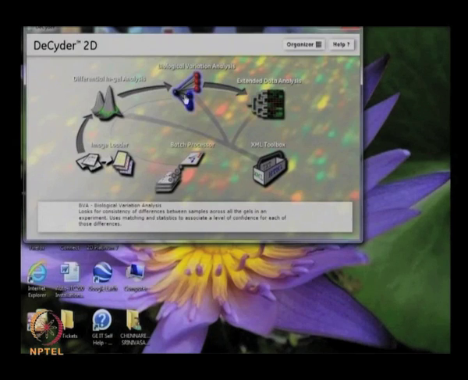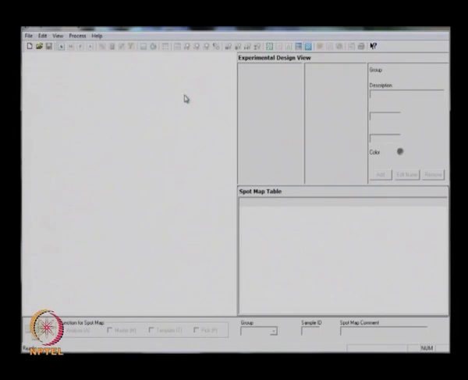BVA is nothing but biological variation analysis. One of the internal standard images is selected as a master image and all internal standard images are matched to it. The standard spot ratio of each protein in each sample is then compared, giving t-test values, fold changes and ANOVA values for each and every protein. How to create a BVA workspace?